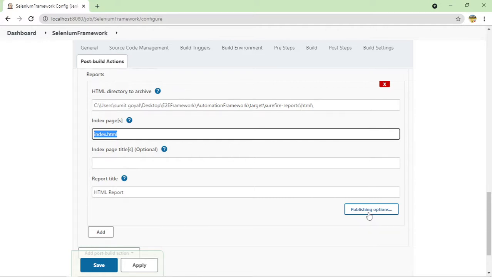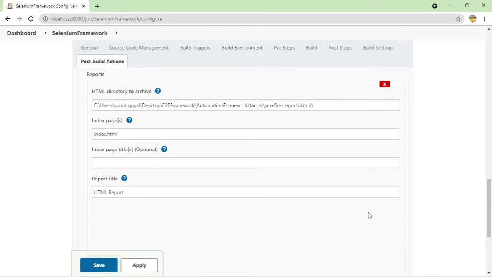So suppose we are running our Jenkins test case 10 times. Sometimes it may happen that our test case will pass, sometimes it will fail. So I want that each and every report should be preserved, right? So what I will do,